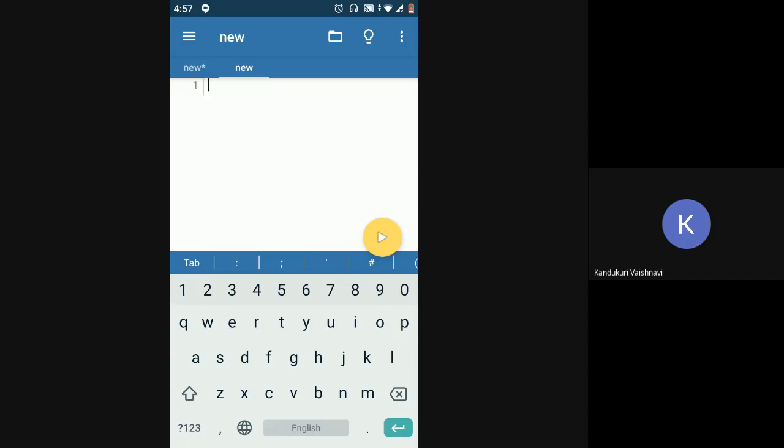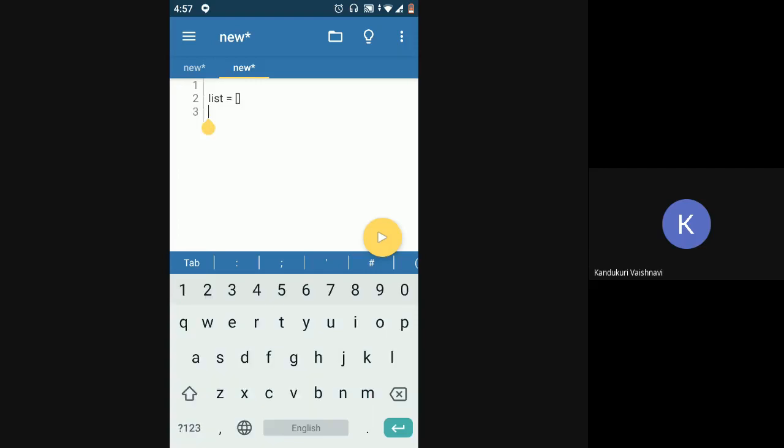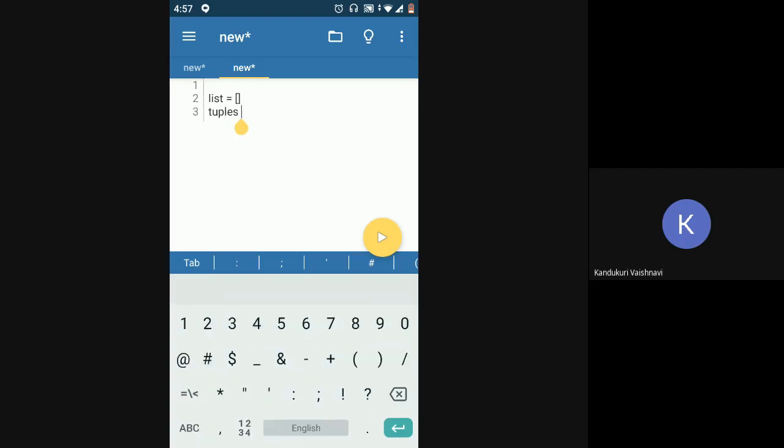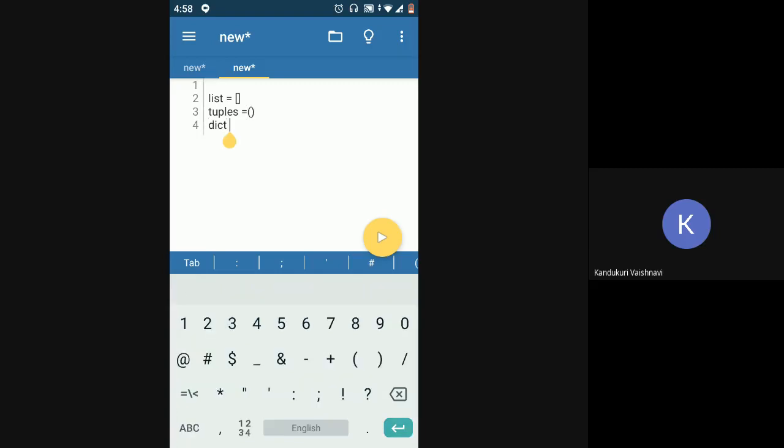First of all, while creating a list, we were using the square brackets, right? While creating tuples, we used the curved brackets or parenthesis. And while creating a dictionary, you will use curly braces. This is how you create a dictionary using curly braces.